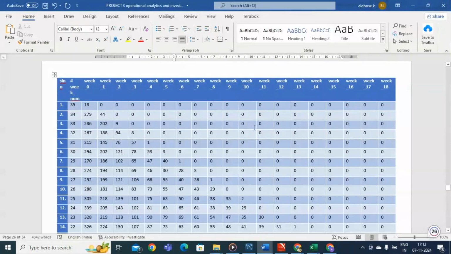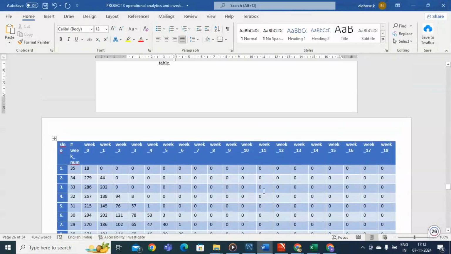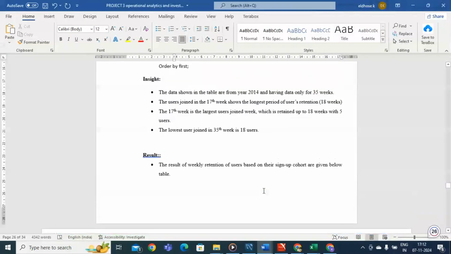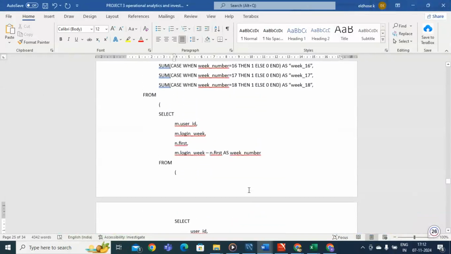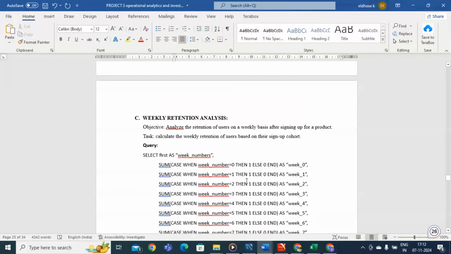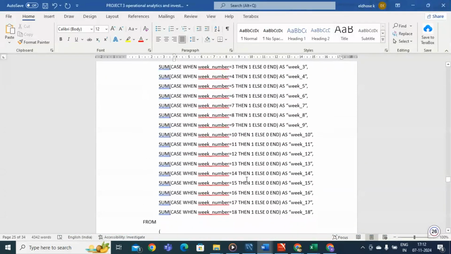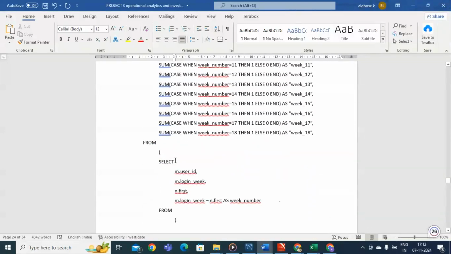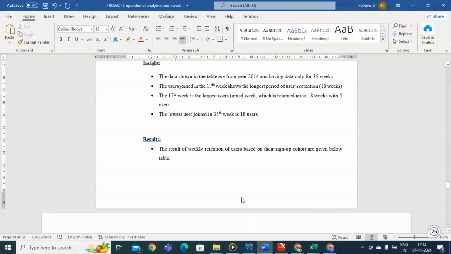For that purpose they introduce campaigns or conduct some offers, or some fun things like that. If they want to retain their users, they use such things, and they can know this with the help of this analysis. Next, task D,